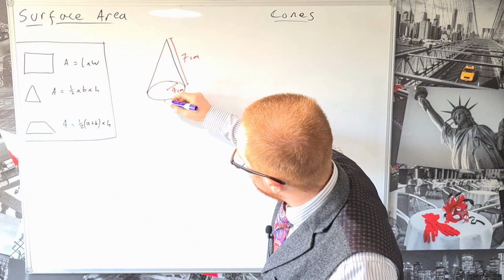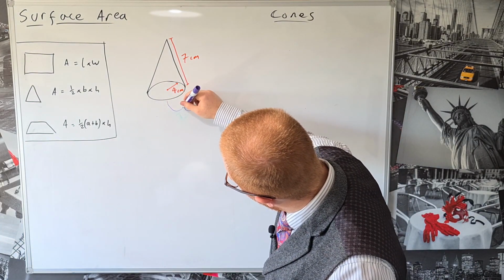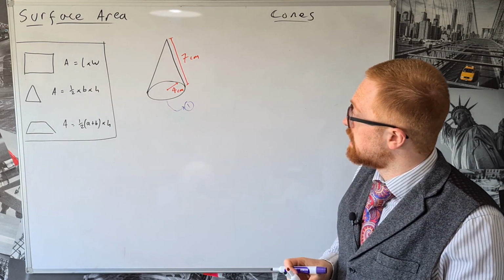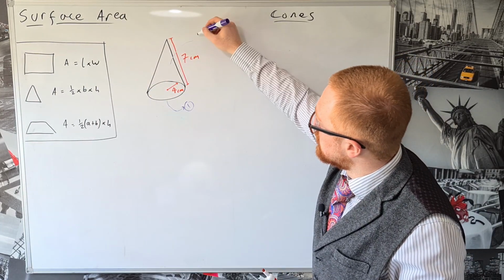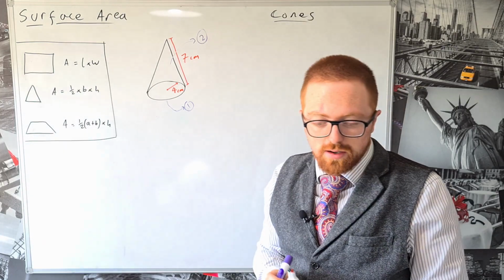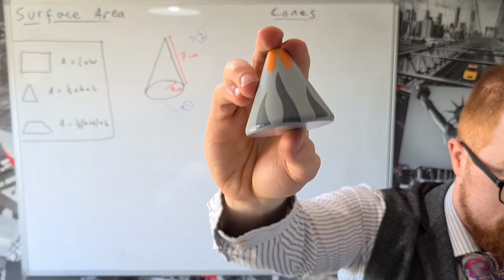Let's call that 1. And then we've got its second surface. We've got the curved surface. Let's call that 2. So if you can't really visualise what the curved surface looks like, I've got